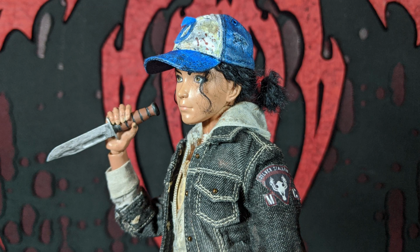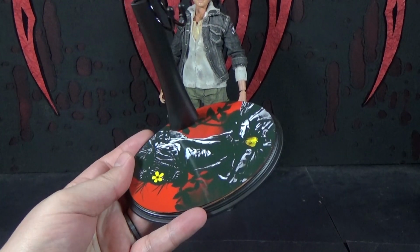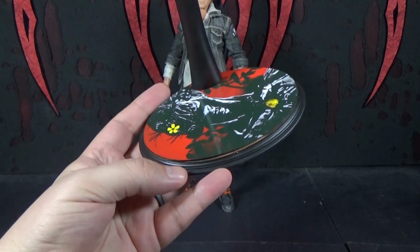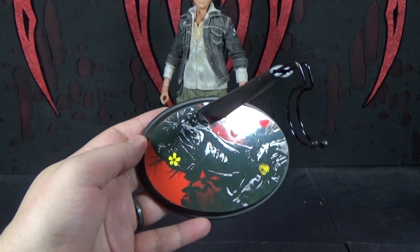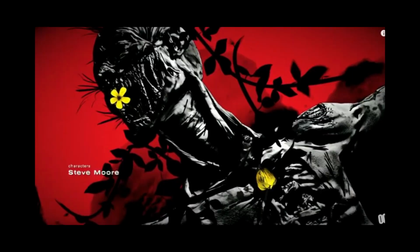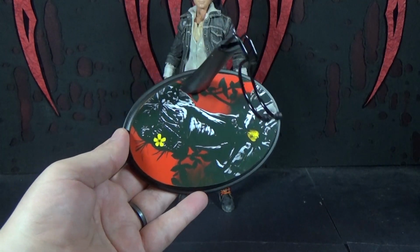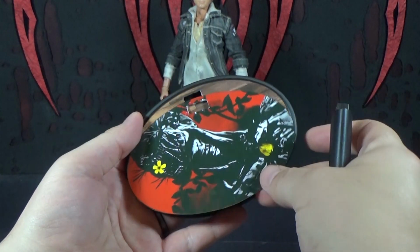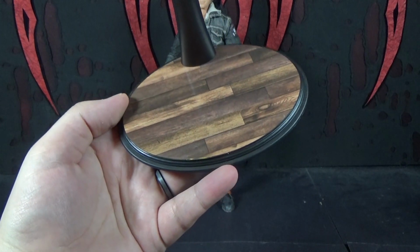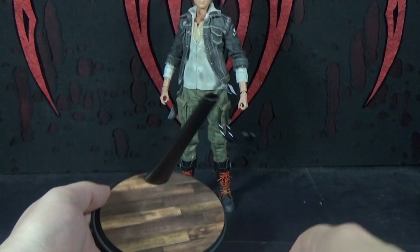I guess we can start looking at some accessories now. Well, here's the first thing, which is actually, I think, the very last thing that I made, her base. I just thought of this last minute, because I was just going to give her a plain base, and I just thought I'd make one, and that's a picture from the intros for season 4 of a zombie with the little yellow flowers growing out of it. But I also printed out 2, so it could also be a wood floor, like in her room. Because I really couldn't decide which one I liked better. I kind of like the wood floor. That looks cool. I mean, I like both of them, but...